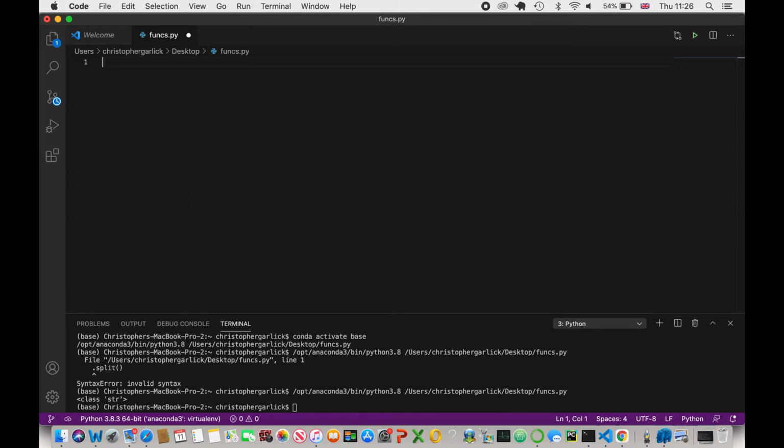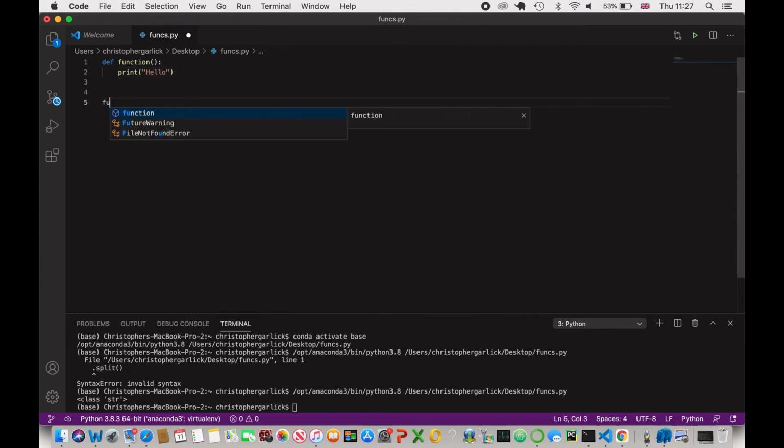So to start with, we can create our own function, and this can be done just by using the def keyword. So def, and then we can give it a name. For example, it could just be function, and then we give it a set of parentheses which will hold the parameters, and then a colon at the end, which declares the end of the function definition. Next, if you press enter, you'll notice that it has already indented either 4 spaces or a tab, just like when we use if statements or while loops or for loops. And now whatever we put inside of this function will be associated with the function. So for example, I could just put in print hello,